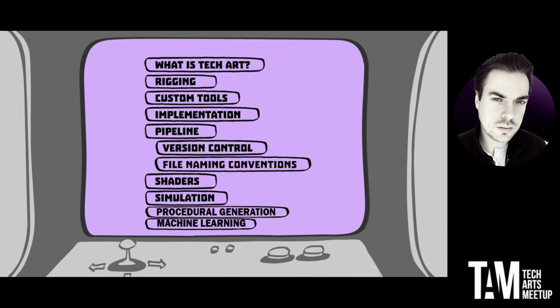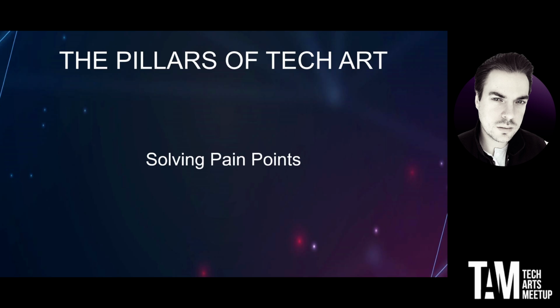Procedural generation obviously is a huge one that's come along since this was made, and then machine learning, AI in there as well. It's something that we can actually pull into our umbrella. So that's when it all comes about full circle to what do they all cover, and it's really solving pain points for people. That's what we're doing.